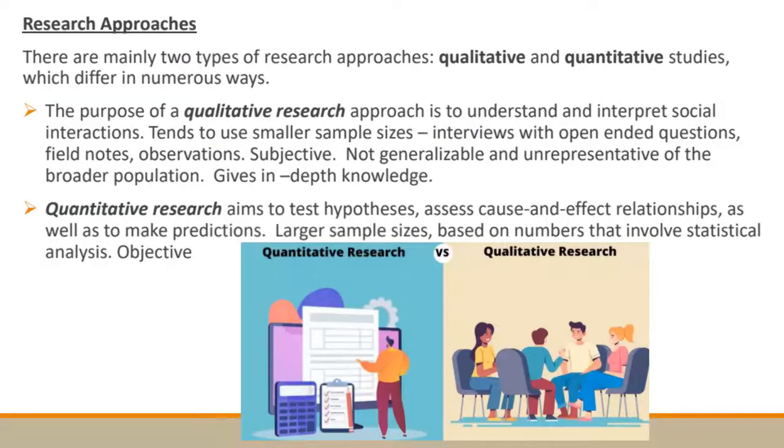So when we look at our approaches to research, there are basically two types of approaches to research. We have qualitative research. So think about qualitative, quality, that kind of approach. Then quantitative, which is when you think about numerical. So measurement. Okay, so the difference between qualitative and quantitative: they're two very different approaches to research, and they have two very different applications. So it's important to understand when